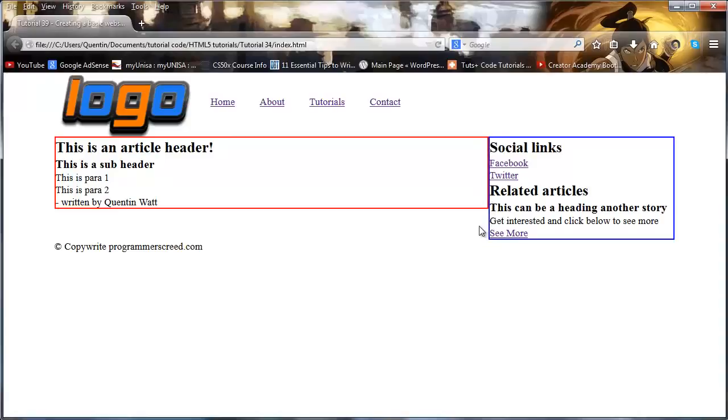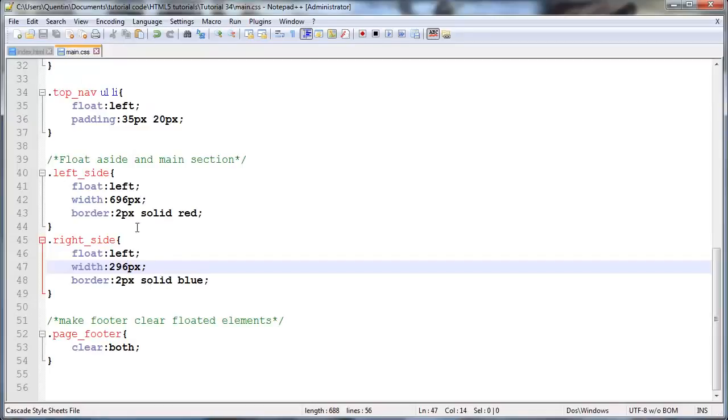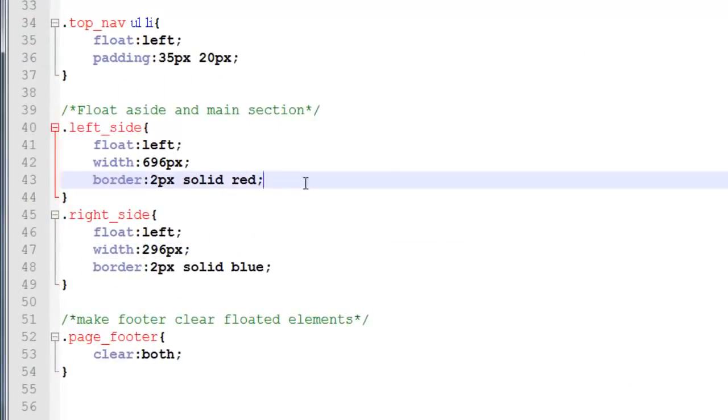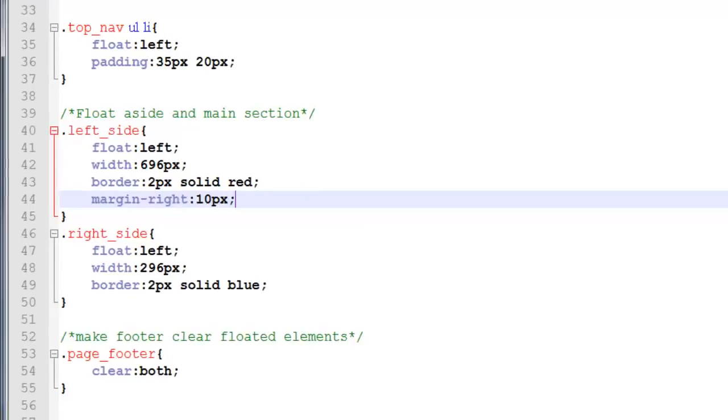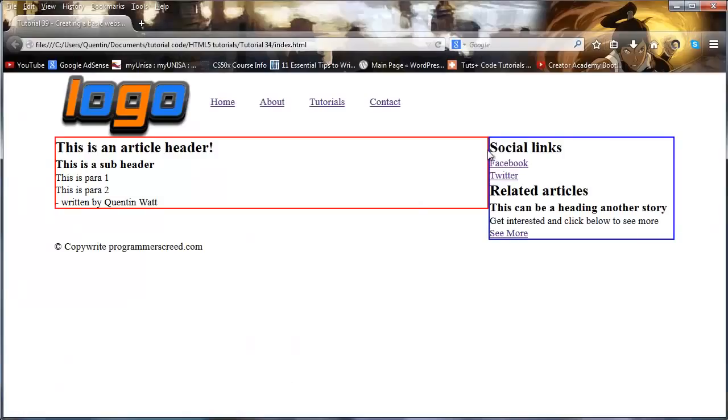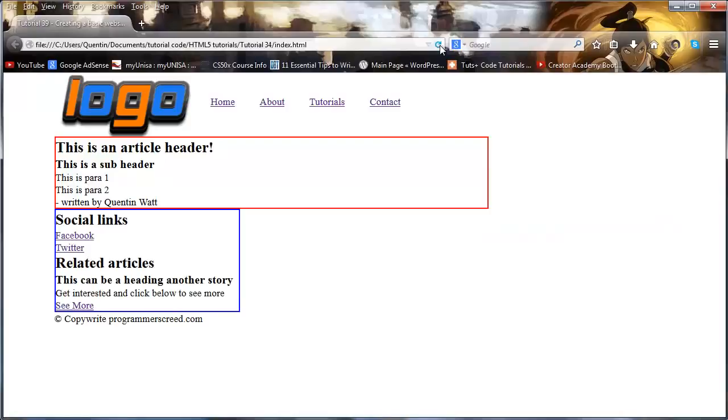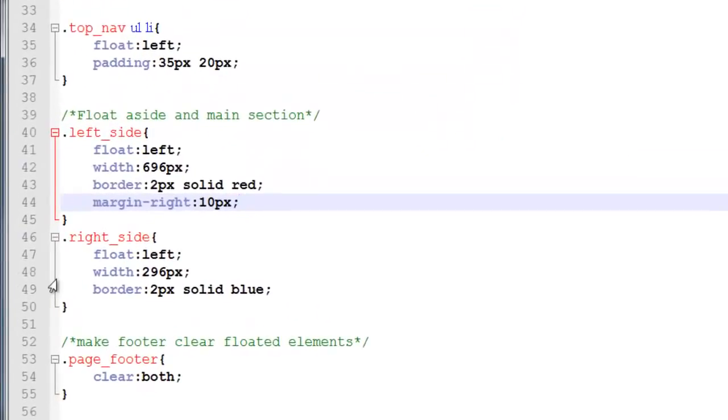But as you can see, we don't really have any space between these two blocks. There's no margin. So if we wanted to go ahead and add a margin in here, I'm going to add mine to the left side, and we're just going to give this a margin on the right. So margin right of 10 pixels. Okay. And the reason why I did that is because I want 10 pixels of space on the right of my left side, which means that there should be 10 pixels of space here. But let's click refresh, and again we've stuffed up, because this aside section has now fallen down to the bottom over here,